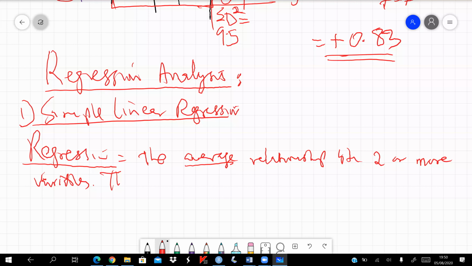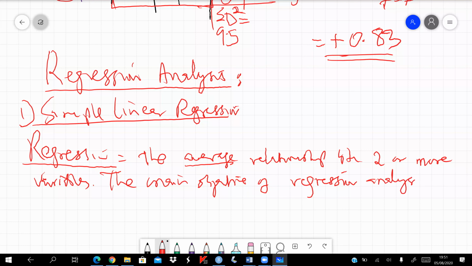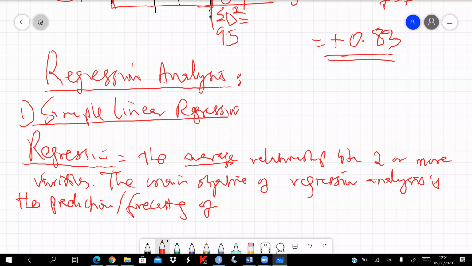And the main objective of regression analysis is the prediction or forecasting, use that word, of the dependent variable